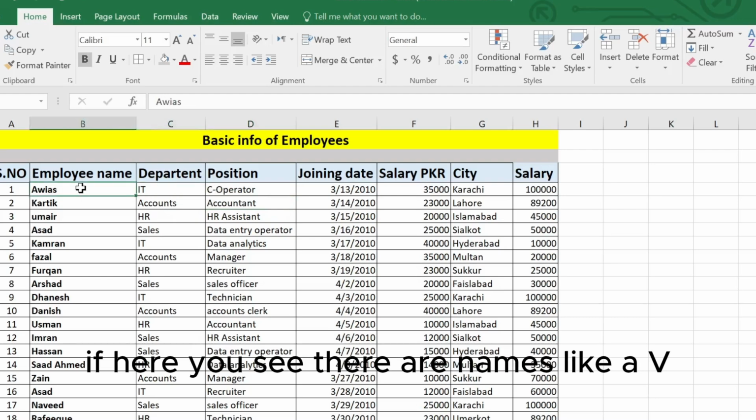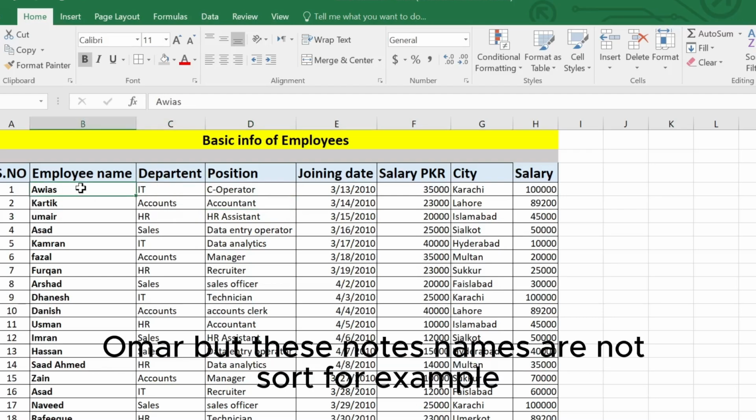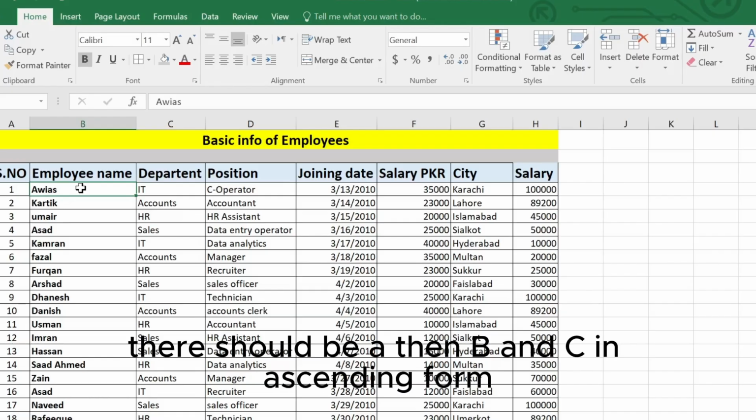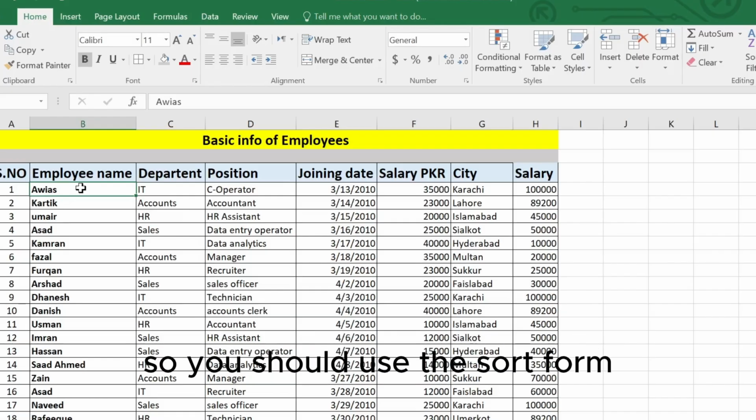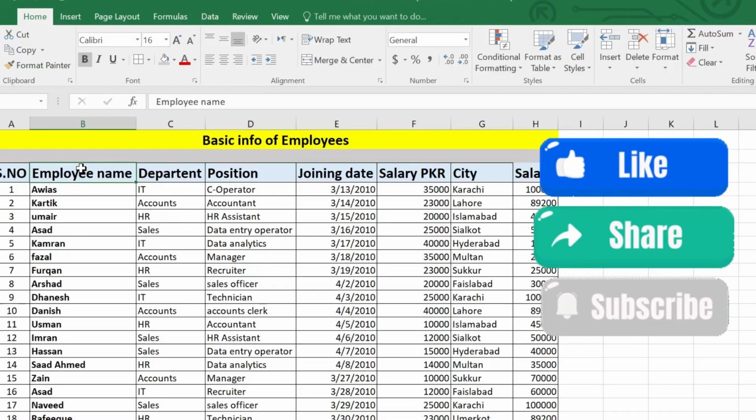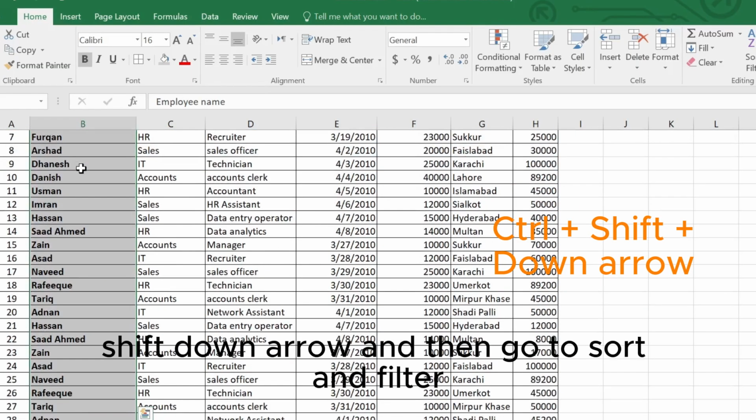For example, here you see there are names like Aves, Karthik, Omer, but these names are not sorted. There should be A, then B and C in ascending order. If you want to do this, you should use the sort feature. To use it, click on this and then press Ctrl Shift Down Arrow and then go